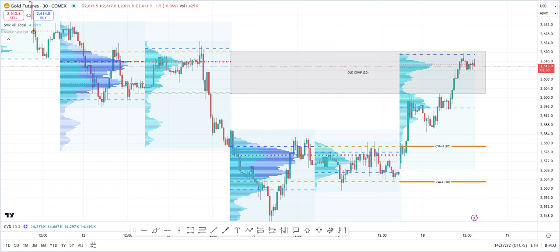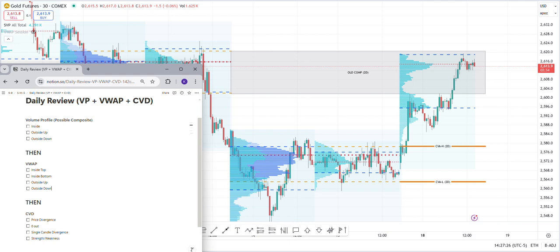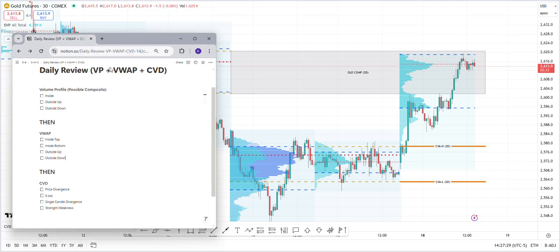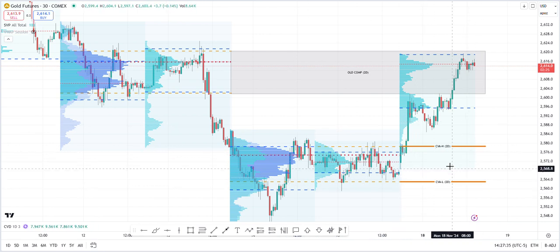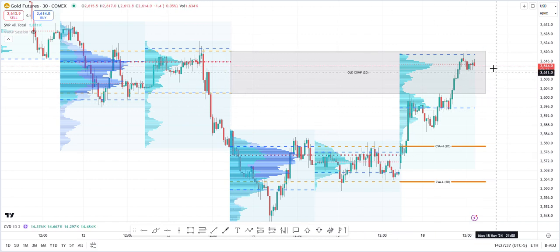It's literally the same thing over and over until you're tired. So it's volume profile. I've drawn this in just to save time, and I've drawn in the old